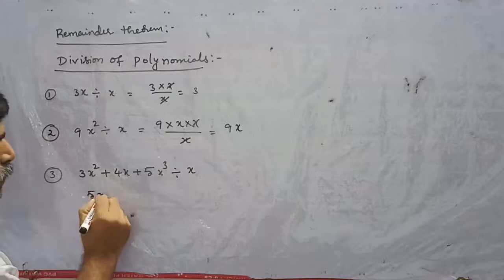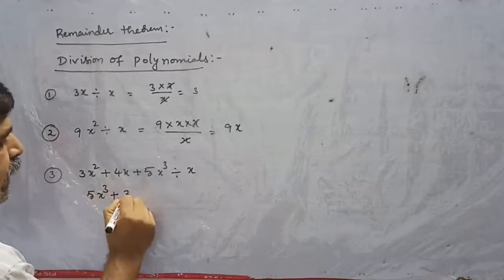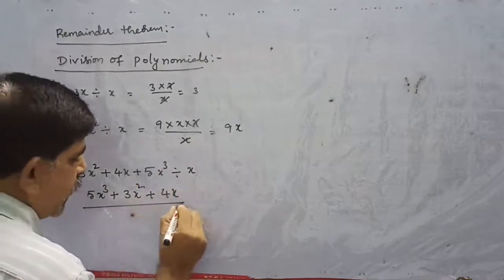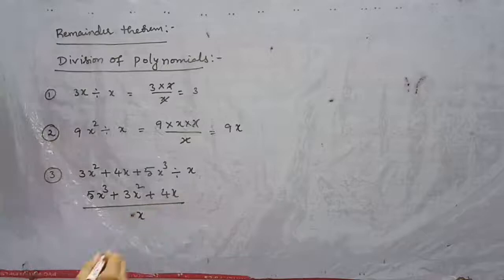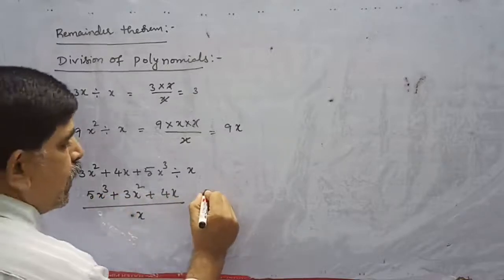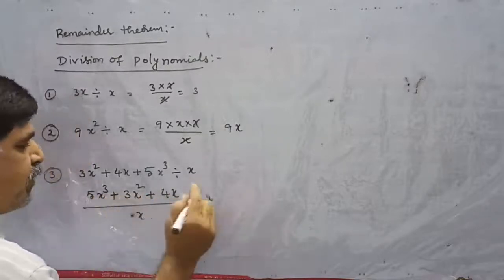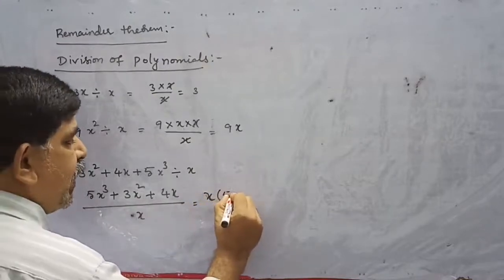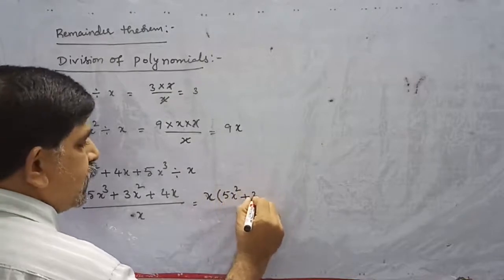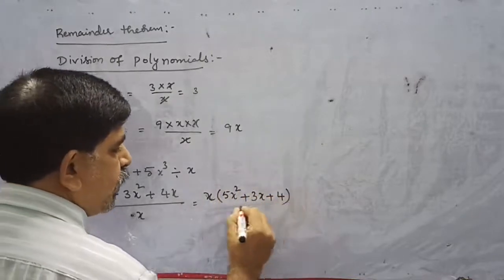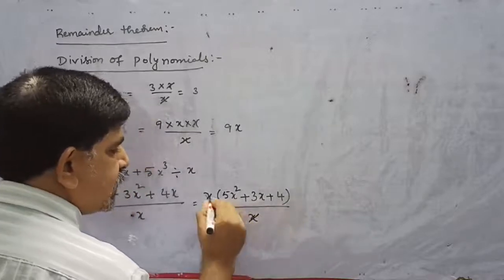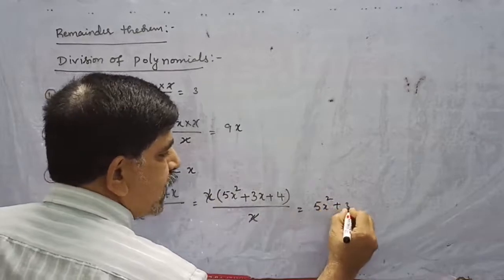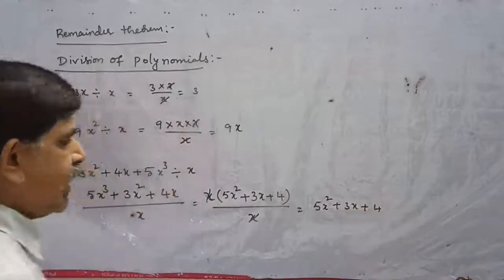So 5x cube plus 3x square plus 4x by x. Now this can be written as x is the common factor. You write x is the common factor. What is the remainder? 5x square plus 3x plus 4 by x. X gets cancelled. Remainder is 5x square plus 3x plus 4. And next method is